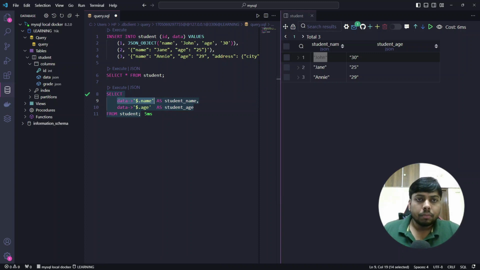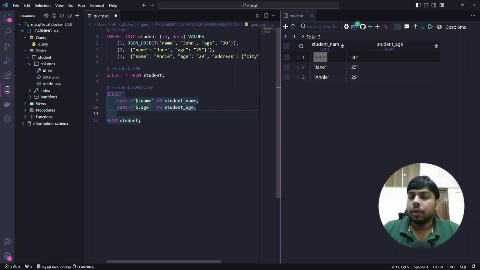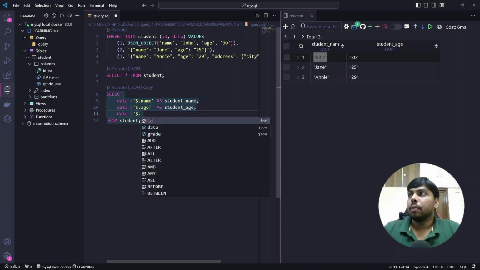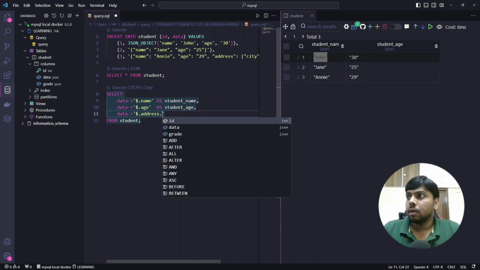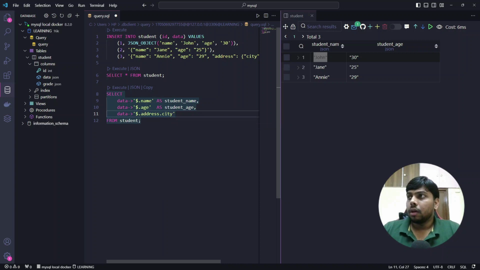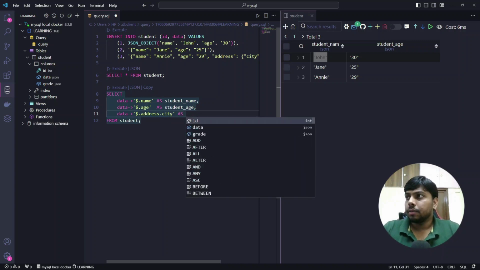Now, how can I access the nested property? I have a nested property called address, and within that we have city. Now I want to extract city, so let us see how I will do that. So data, dollar dot. What is the first key here? The first key is address, so I will say address. Then I will add one more dot to go into the nested object, and I will say city, as